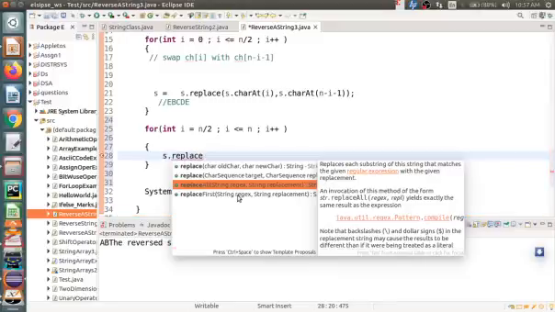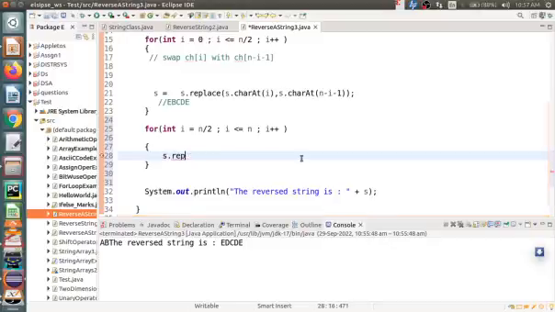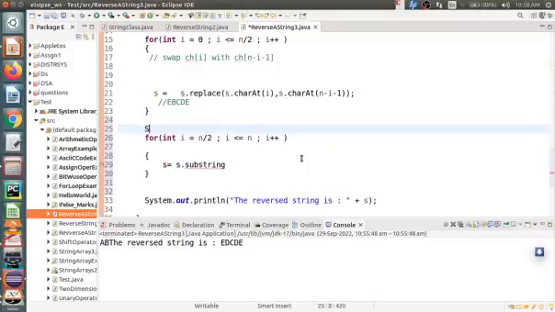Replace first, there is a method. S dot substring. Yes, s3 is equal to s dot substring